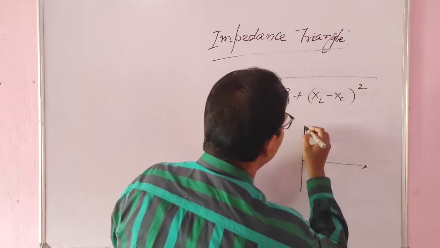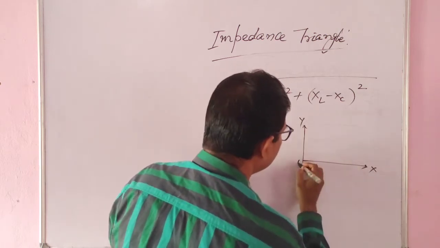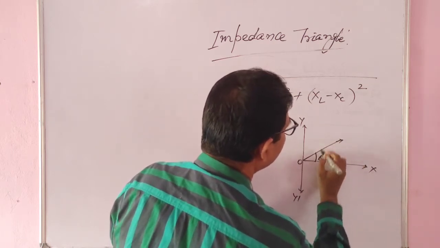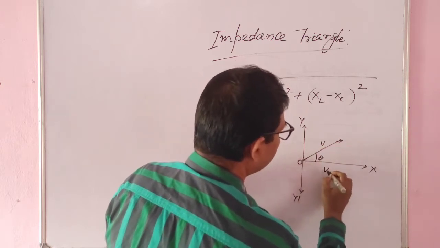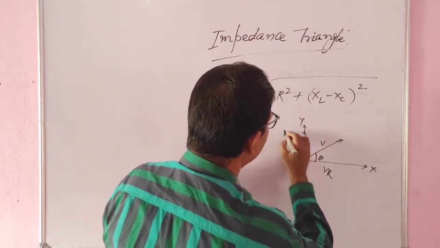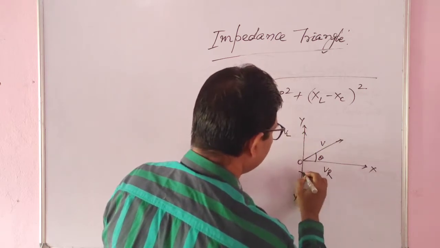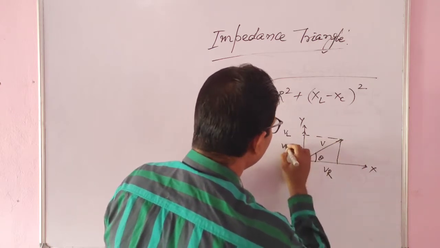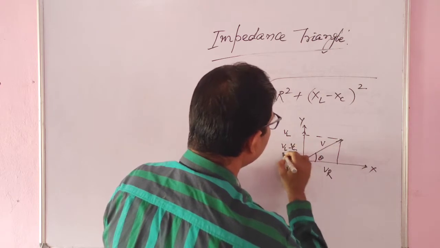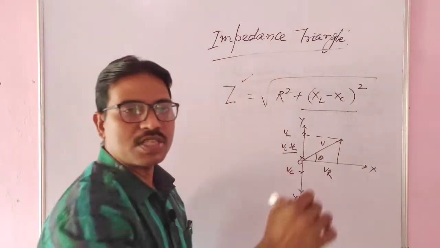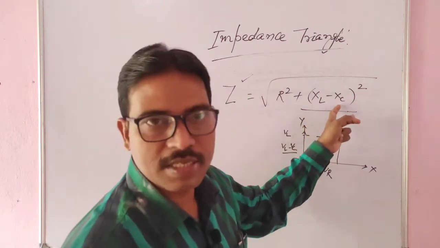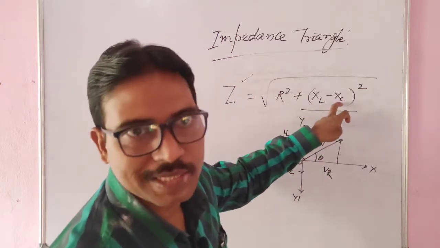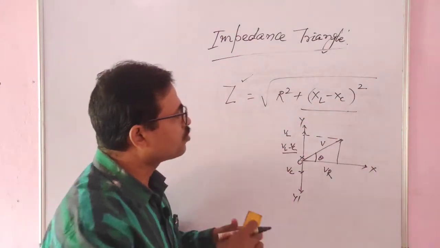Suppose this one is the x axis, this is y axis, this is the starting point, this is y dash, okay, that you are taking. This is the phase angle. Okay, you can take if it is V, so it is VR and it is VL, this one is VC, and up to this one is VL minus VC. So, in this way you are getting XL means omega L, inductive reactance, XC, capacitive reactance. So, in this way you will get this one.